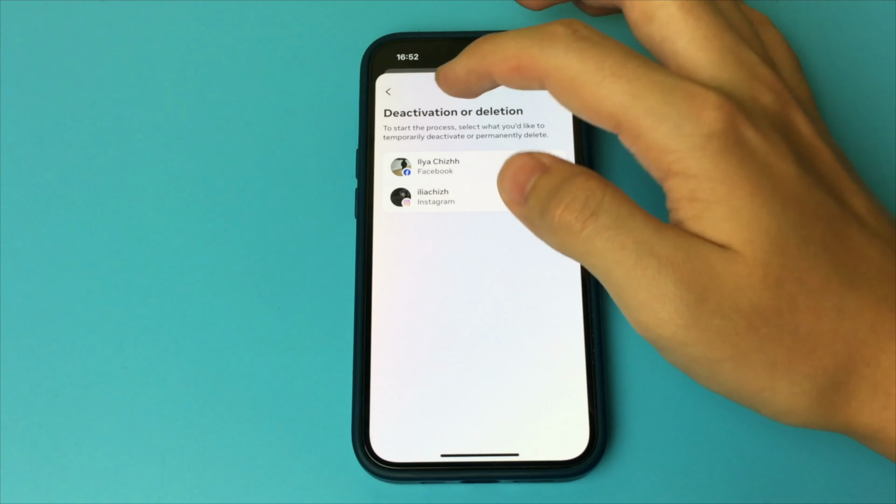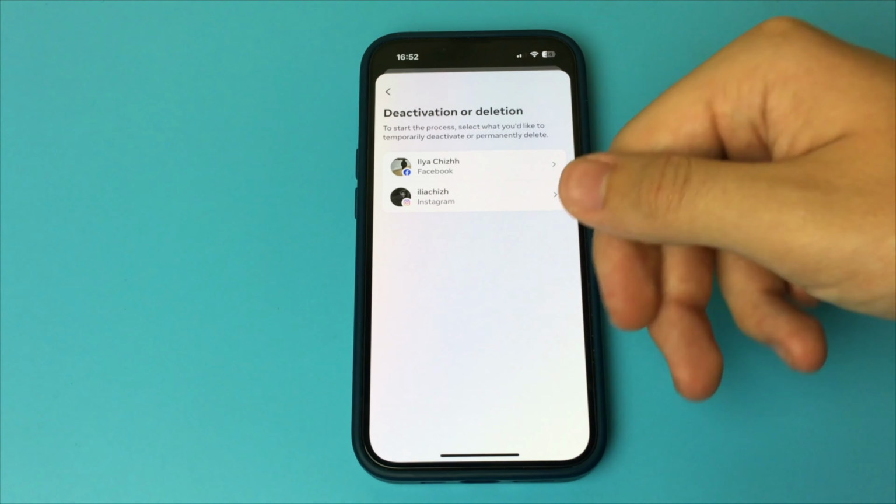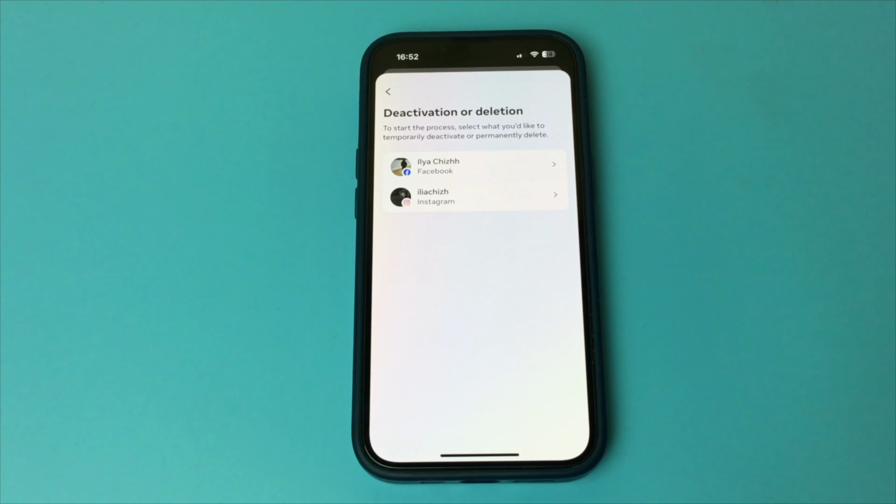Next, we need to choose the reason why we decided to deactivate our account. You can choose absolutely any reason. It does not play a big role. Then we click Continue, and once again we click, and after that we have to choose Deactivate it. As soon as we click on this button, your account is deactivated. Your account will disappear from all your friends and subscribers, and no one will be able to find and view it.